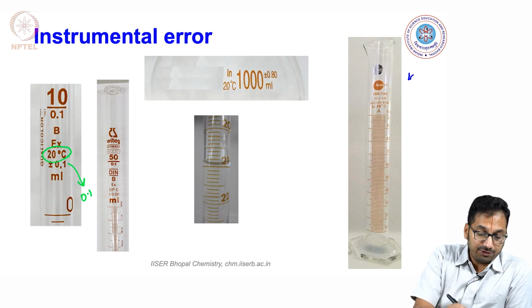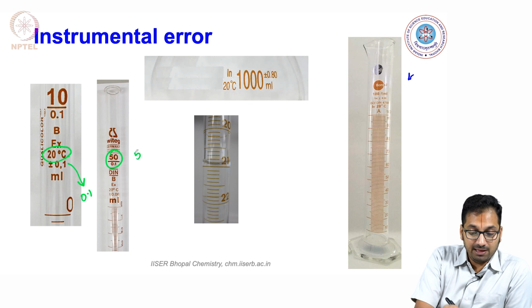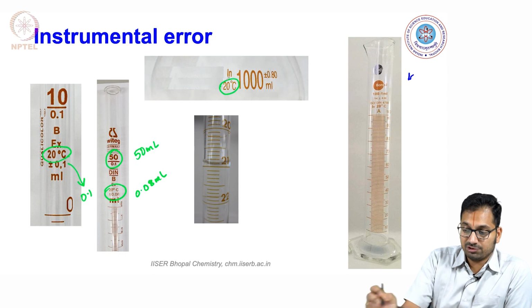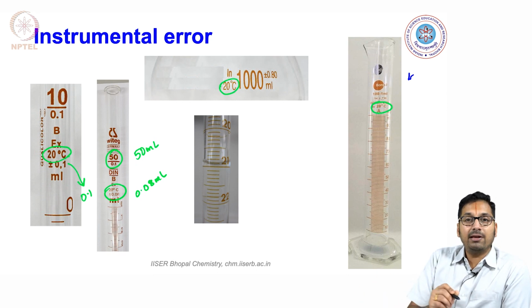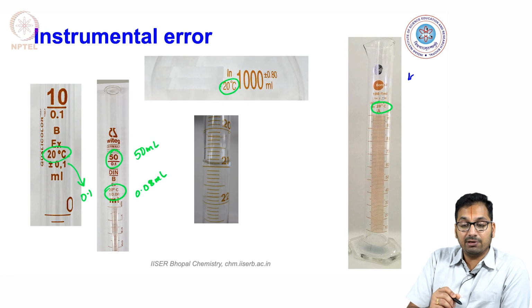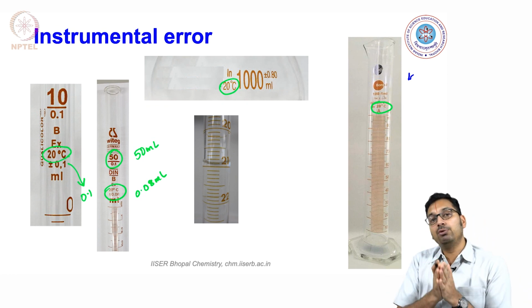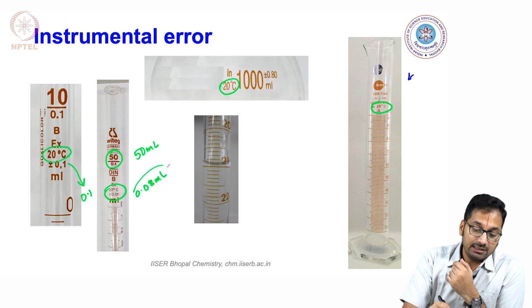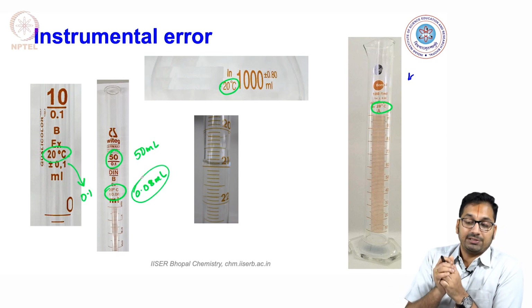On the other hand, if you take a look at this burette which measures 50 ml, you are able to realize the precision is about 0.08 ml at 20 degrees Celsius. Of course, not everything has to be prescribed at 20 degrees Celsius, but most often glassware do end up being prescribed to be used at that given temperature. So now what would happen if you do use it at a slightly different temperature? You are going to expect some volume expansion to happen that results in increasing the standard deviation for such measurements.